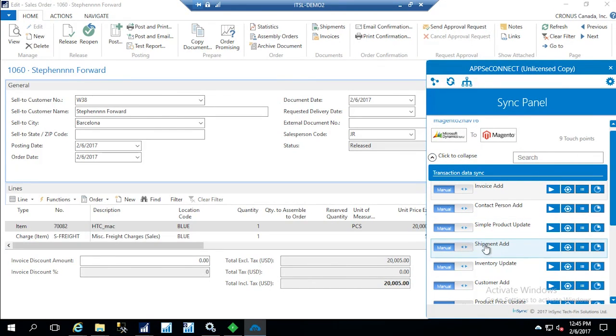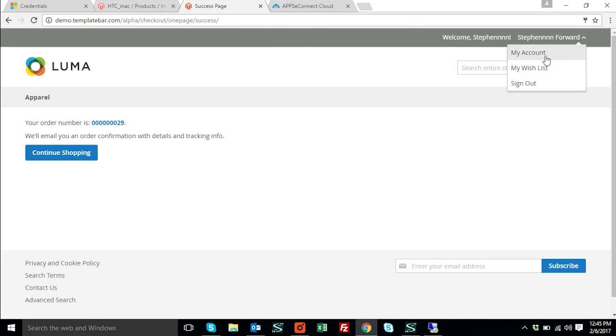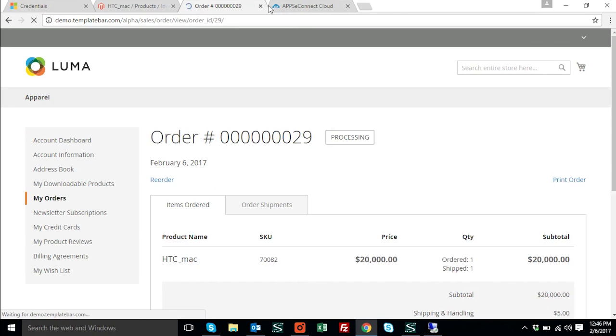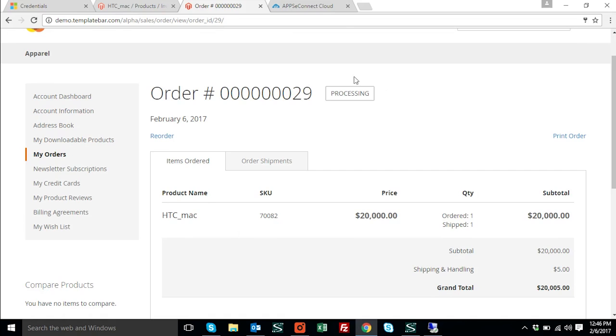So for that, this is the name of the synchronization process, and I'm going to manually sync it, and then we'll go into the Magento front-end section and show you how the shipment gets uploaded from Navision to Magento. Before uploading the shipment, the order status should be pending, because after you upload the shipment, it should be processing, and when the invoice is complete, the order status should be complete. So step by step I'll show you that the order status is currently showing processing, as I already uploaded the shipment, so it is processing, and